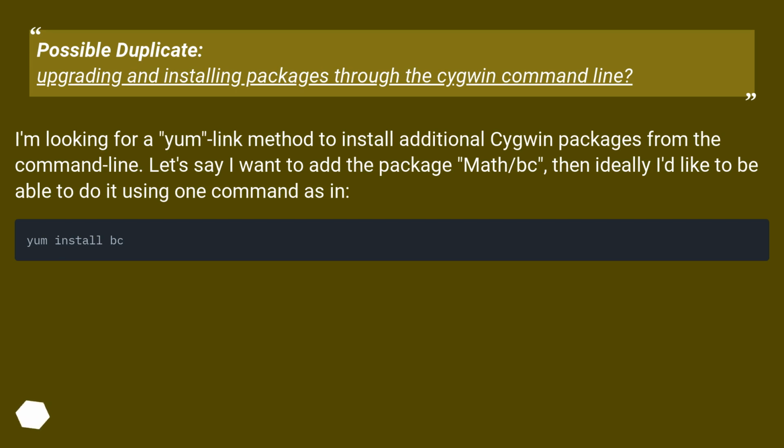Let's say I want to add the package math/pc, then ideally I'd like to be able to do it using one command, as in